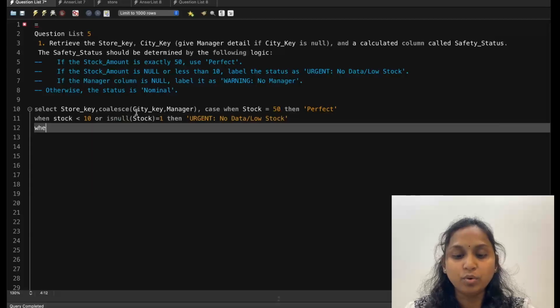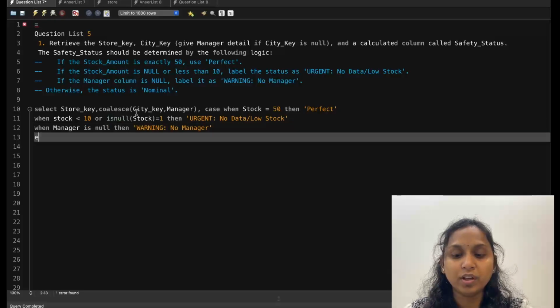And what else we have to do is we also have to consider if the manager column is null. How can you check whether the manager column is null or not? Here, every time you don't require a function, you directly compare IS NULL or not. This is the way you can use manager IS NULL. If the manager value is null, then what you have to print is this message. What was the message? 'Warning', and the message is 'no manager'. Now what else do you have to do? Else, this is the message you have to print, 'no null'.